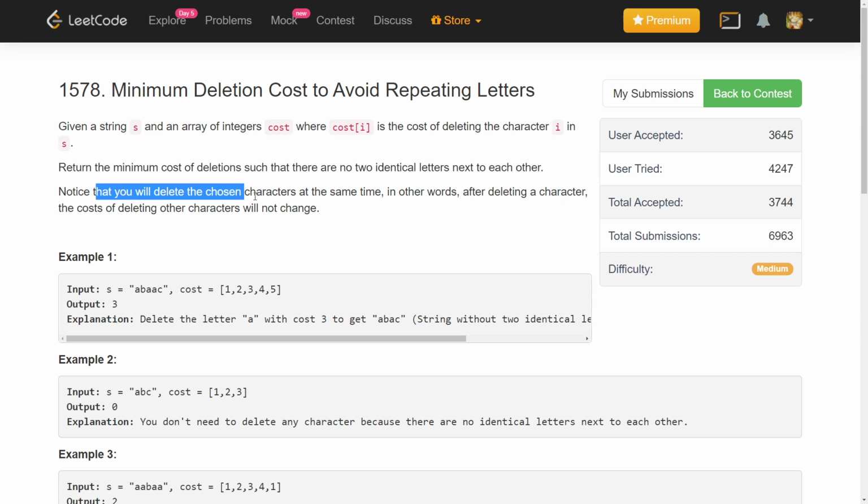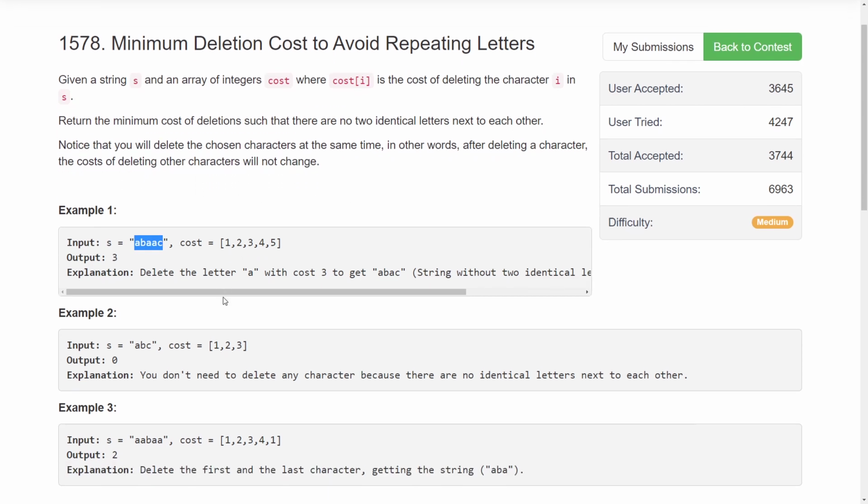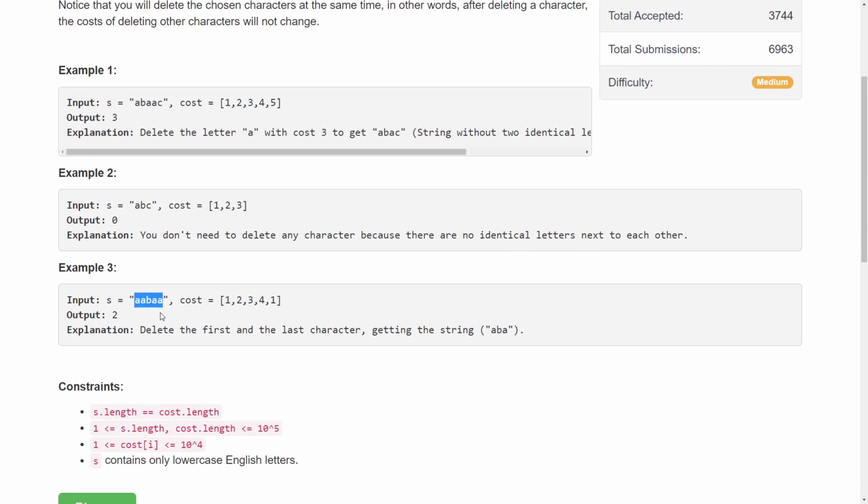Notice that you will delete the chosen characters at the same time. In other words, after deleting the character, the cost of deleting other characters will not change. But I think what they are trying to say here is, suppose you are looking at AABAA and you delete this A. These two are consecutive and you delete any one of them. Let's not look at the cost.